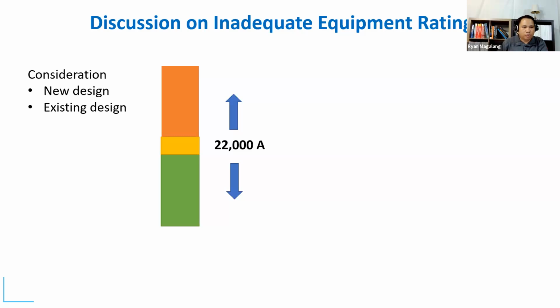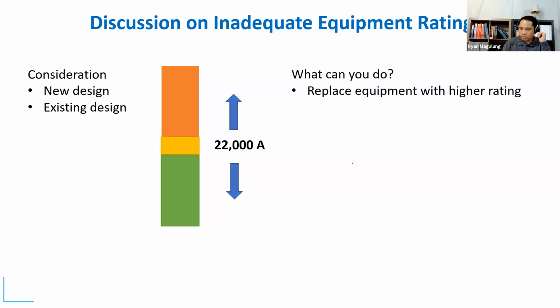You have to derate your device based on the actual X/R ratio that you actually have in your fault. So let's say you have a breaker with a rating of, okay. So here,